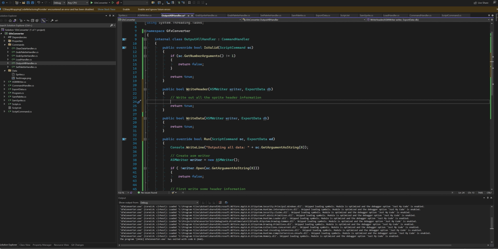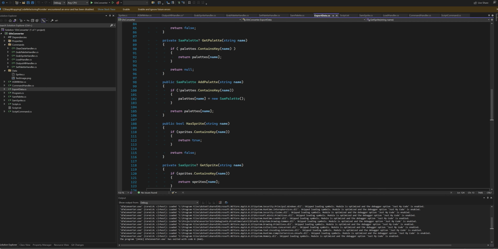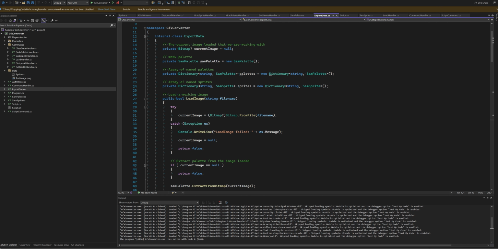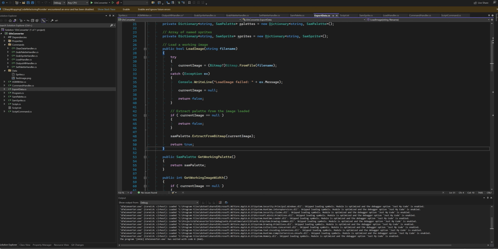To do this, we need to get the information. Now we could just return the dictionary that we stored back in our export data. We could just provide a list of all of the palettes and the sprites, but then we lose the names of them. So what I'm going to do instead,